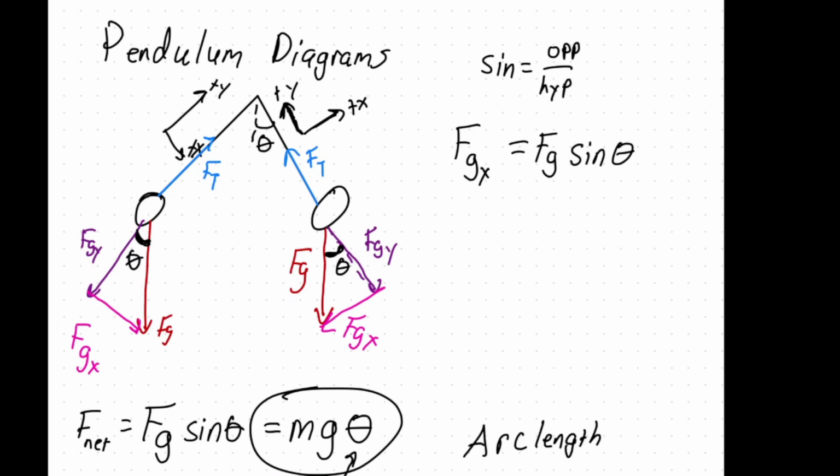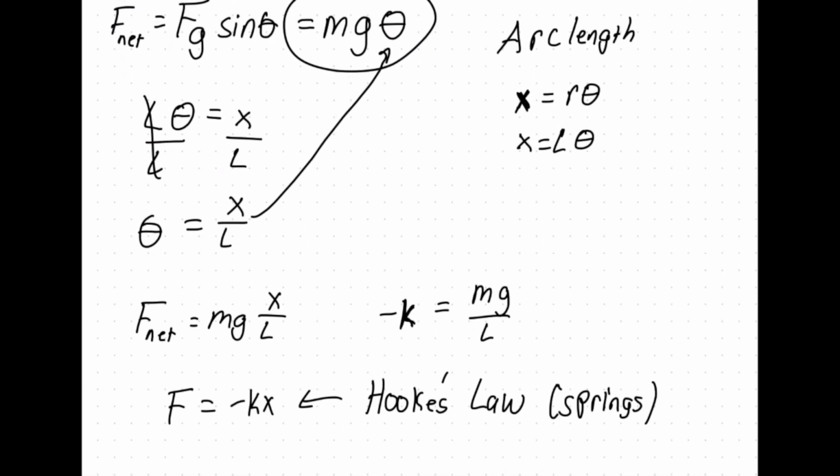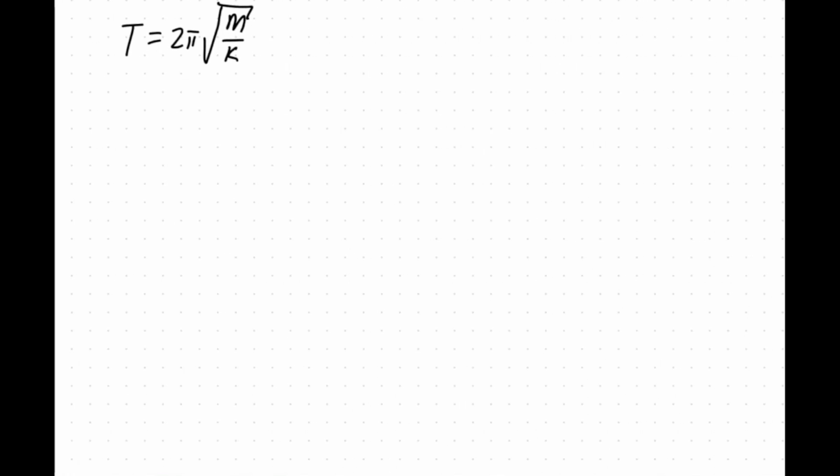And let's see, I'm going to say that the force here is going to be moving in one direction, or is going to be opposite the motion. And so what I'm going to say is that the net force itself is actually going to be negative x times k, where k is now just m times g divided by L, because we need to have it fit into that Hooke's law formula, but we also need this mg over L